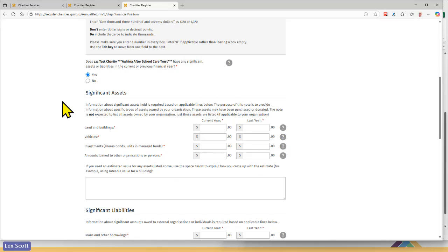This means the total amount paid to purchase the asset or the total estimated current value. An estimated current value could include the possible cost to replace it or an estimated sales price. The XRB does not expect or require Tier 4 charities to obtain a formal valuation of significant assets. For example, a rateable value can be used for land and buildings, which can be found on a recent rates assessment or an invoice. If you did use an estimated value, the source of the estimate must be noted in